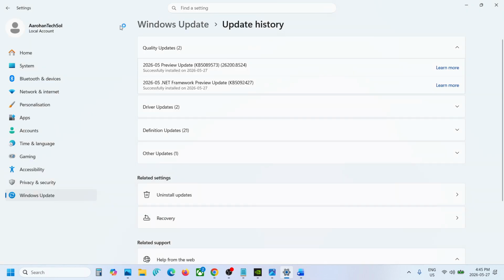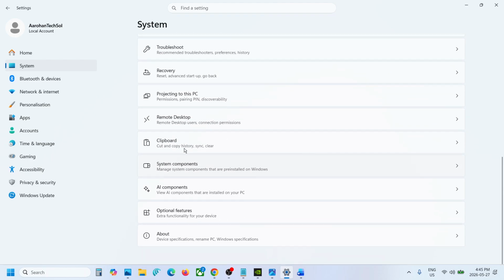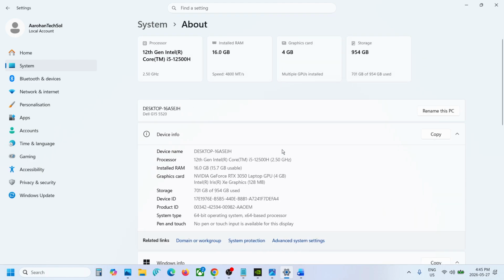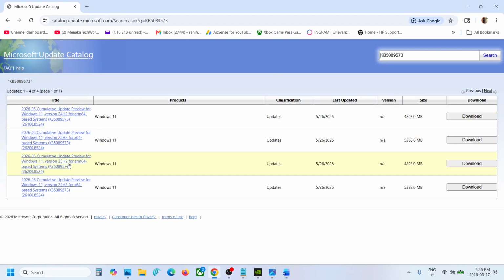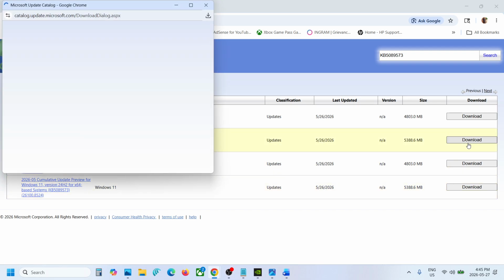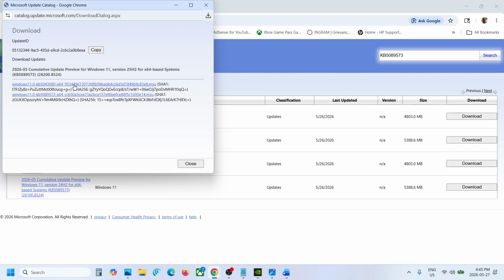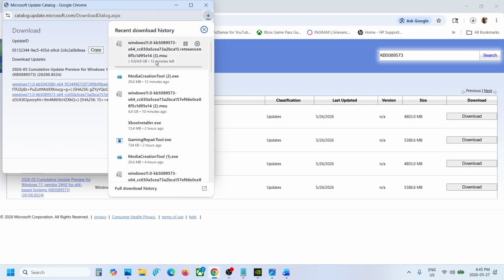Check your Windows version, then go to Windows settings, go to system, scroll down, go to about option, check your system type. For me it's 64-bit operating system, so for me it's Windows 11 version 25H2 x64 base system. Now if you have Windows 11 version 24H2 x64, then this is the right one for you. For me this is the right one. Now click on download, and then you can click on KB5089573, and then you can download this update. Once the download is complete, you can click on this file, install this update manually, and then restart your PC